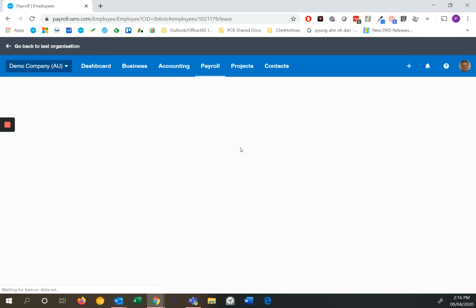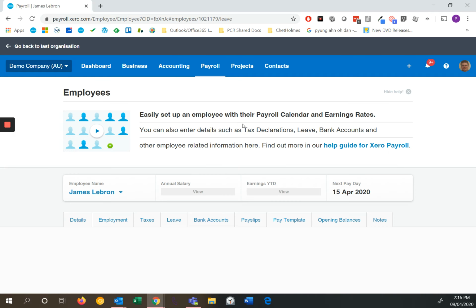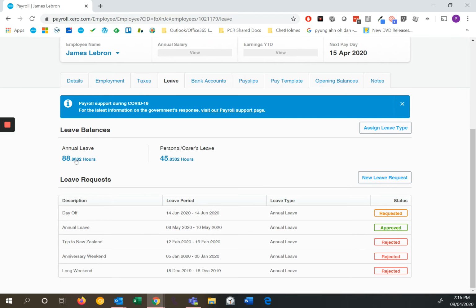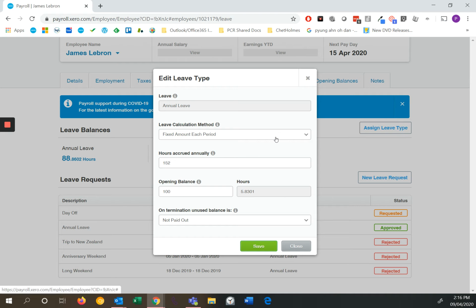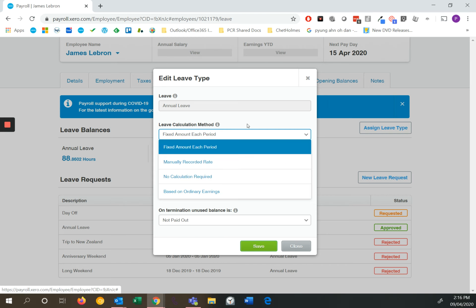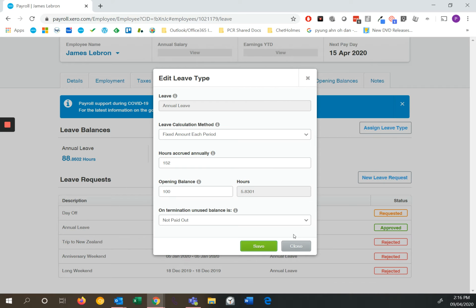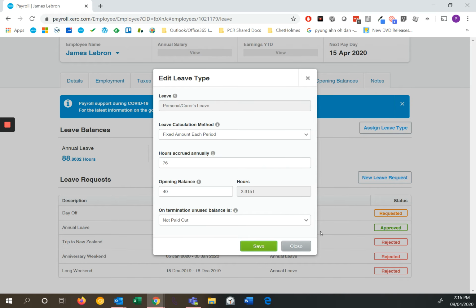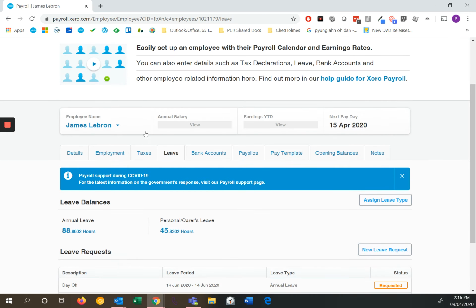Now, if we go to their leave, because they're a permanent employee, they still accrue their leave. So with that in mind, it is a lot easier to have the calculation method as a fixed amount each period rather than based on ordinary earnings. So if you don't have fixed amount each period, I would suggest that you change it to that if it was on ordinary times earning previously, because it will still need to be accrued. So we've got that saved